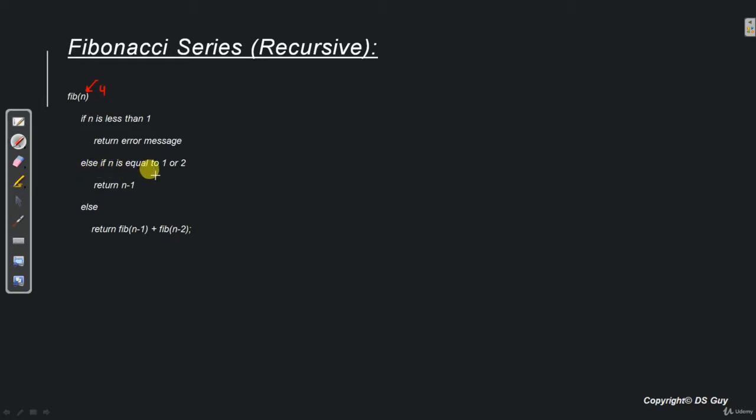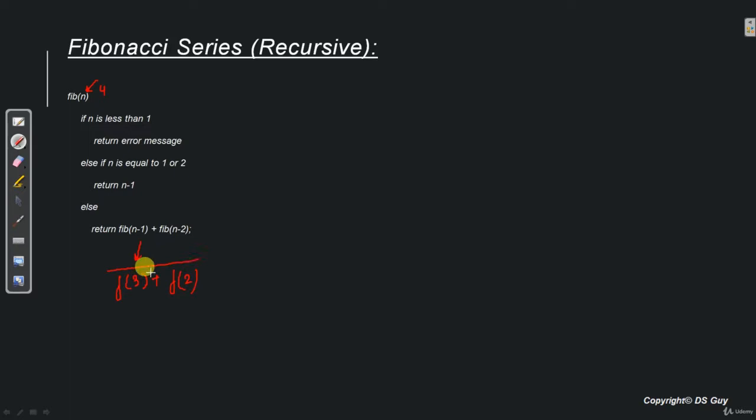If n is equal to 1 or 2, no, it is 4. So it comes to the else statement. It says return Fibonacci n minus 1 plus Fibonacci n minus 2. That means return Fibonacci n minus 1, that is 3, plus Fibonacci n minus 2, that is 2.